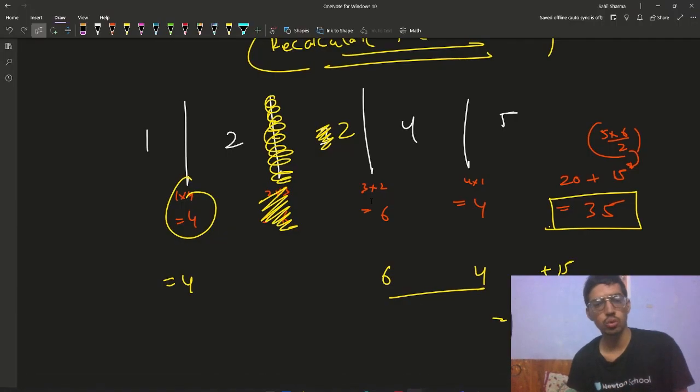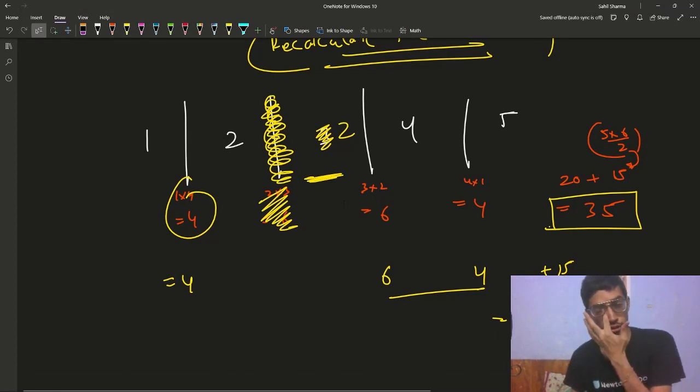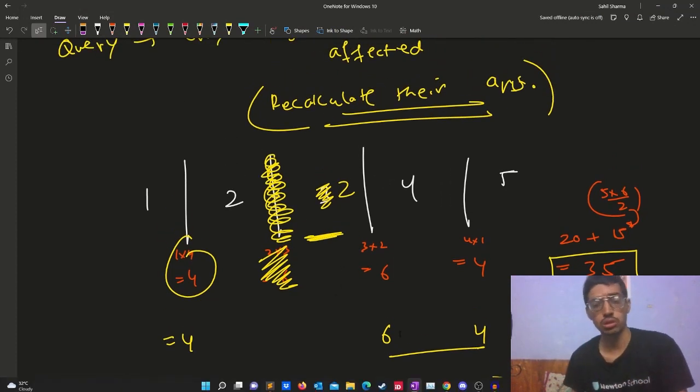So as you can see, only the barricades adjacent were affected, right? So that is how you can find the solution. So if you guys want to see the code for this,